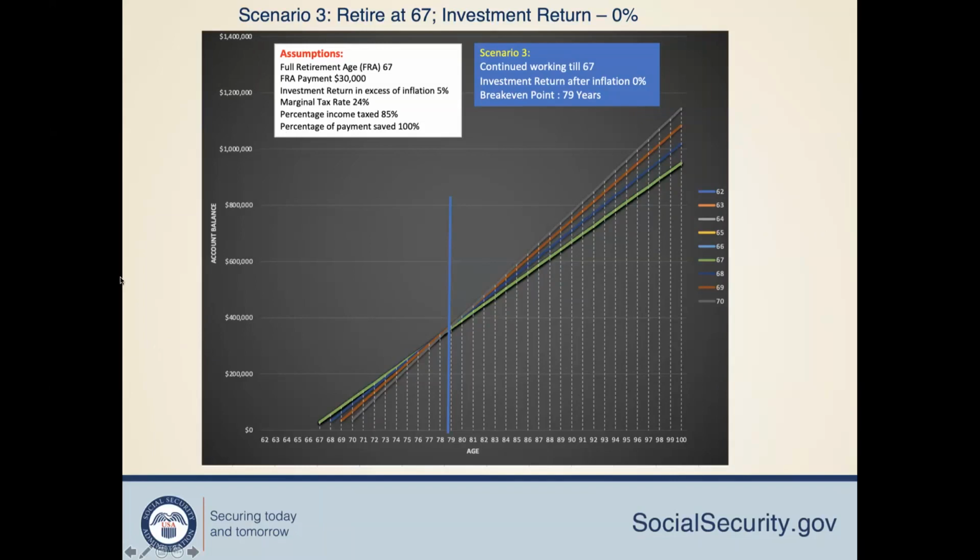Yeah, okay. Let's use some figures here. Say you are collecting 3,000. You stopped working at 62, and you qualify to collect 3,000 a month. Let's make that assumption, okay? That means you are collecting 36,000 a year. So you go on doing it one more year, 63, and then 64, and then you get this great opportunity to earn $200,000. Okay, so you take the job.